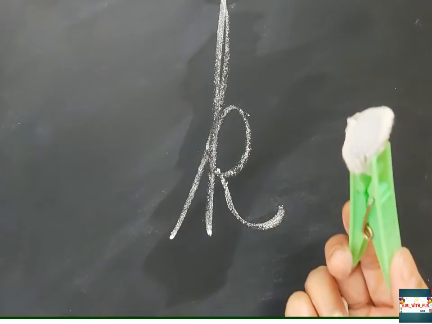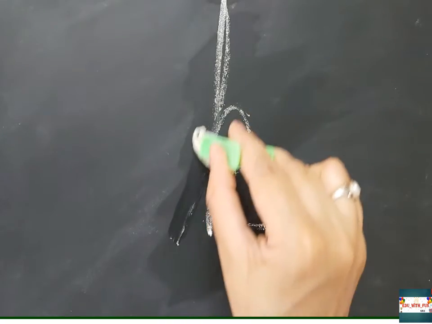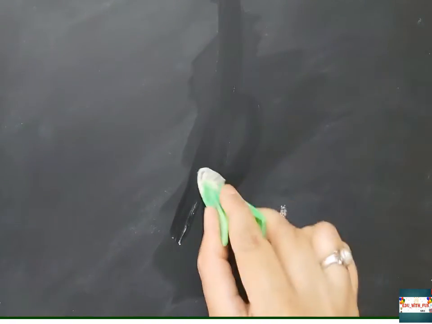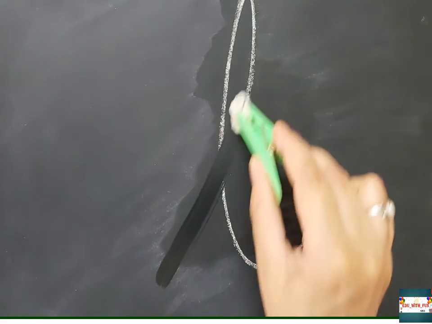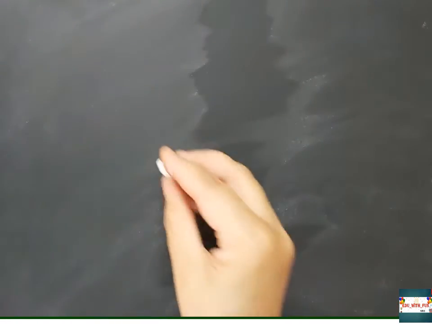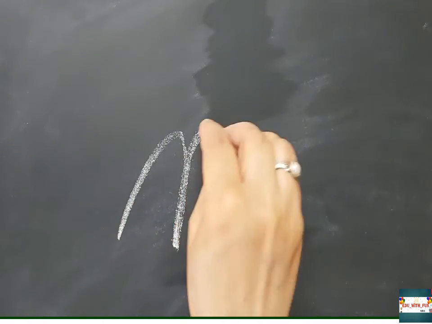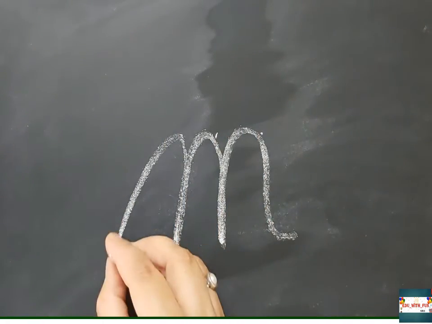You can say here this small letter K is a brother of capital letter R. How? Because when we write small letter K, it is like capital letter R in between the last two blue lines. Now here, after L, M is a very simple curvy letter.